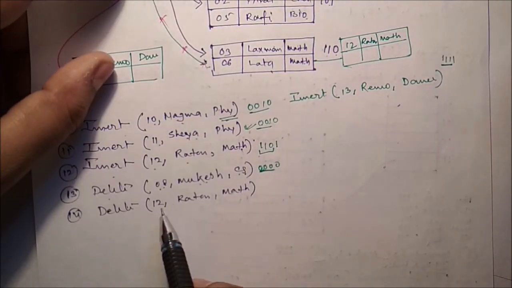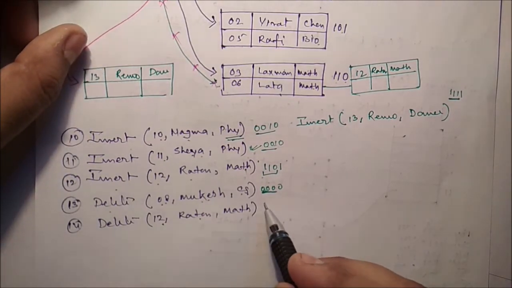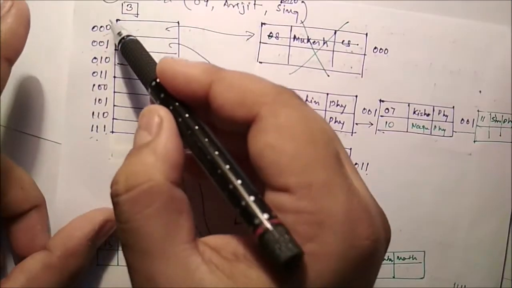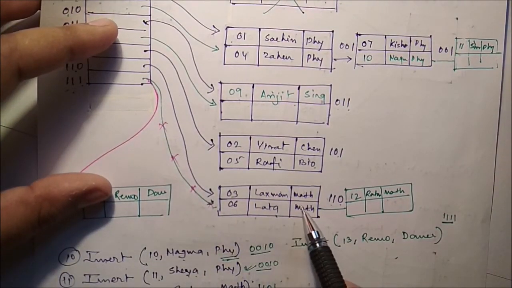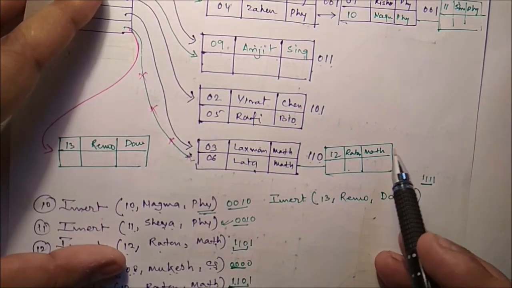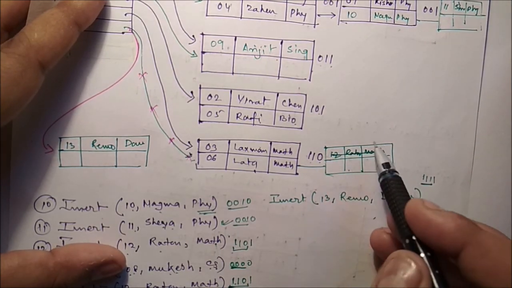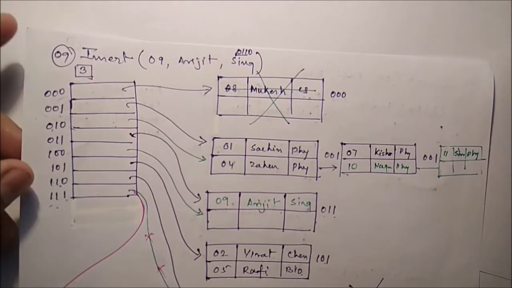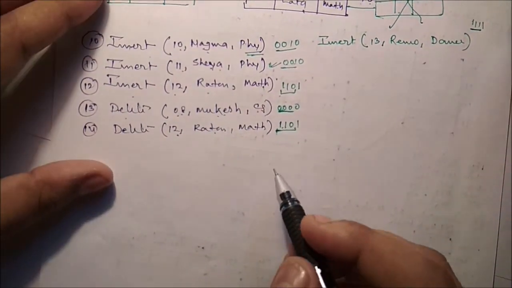Similarly, if you want to delete roll number 12, Ratan, mathematics, the code for mathematics is 1101. So we first search using the first 3 digits, 110. You can see 110 is there, and if you see this bucket, roll number 8 is not there, then check another bucket because associated buckets are there. Now roll number 12 is there, so we remove this record. Now this bucket is empty, so we have to remove this bucket. Are you getting this one? So in this way we can implement this, and that is the end of this video. Thank you very much.